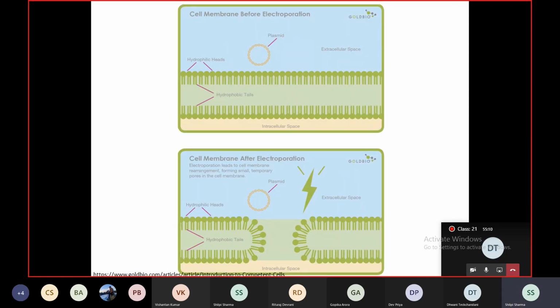Another means by which cells can be made competent is by subjecting them to electrical pulses, and this process is called electroporation. Electroporation, basically pores generated due to electrical stimuli. In this case, the cells are briefly exposed to electric shock, which is believed to create transient holes in the cell membranes through which the extracellular DNA may enter. And after the electric shock, the holes are rapidly closed. You know of the self-healing mechanism and the cell's repair mechanism, which can heal these transient ruptures.